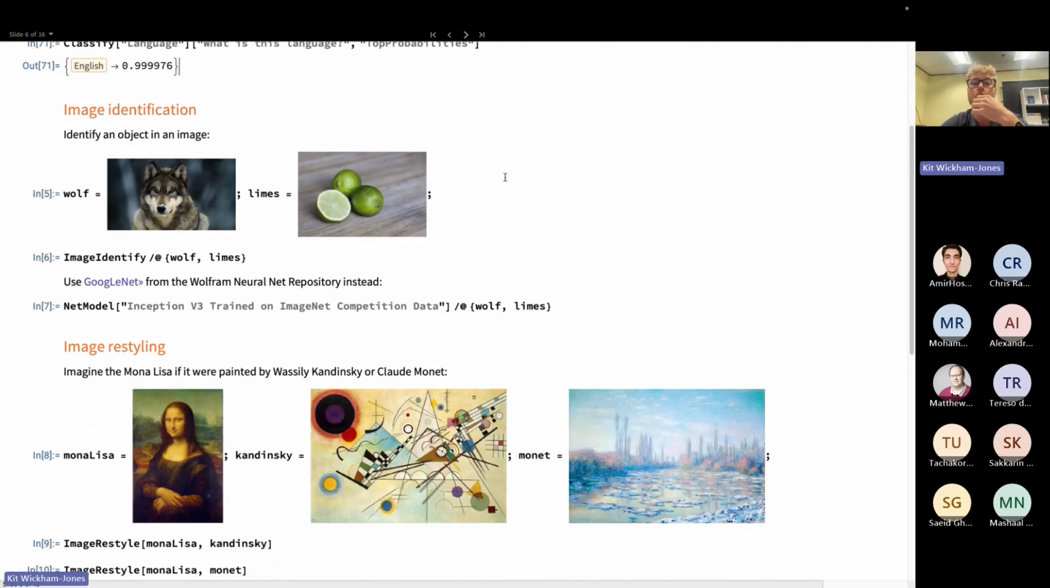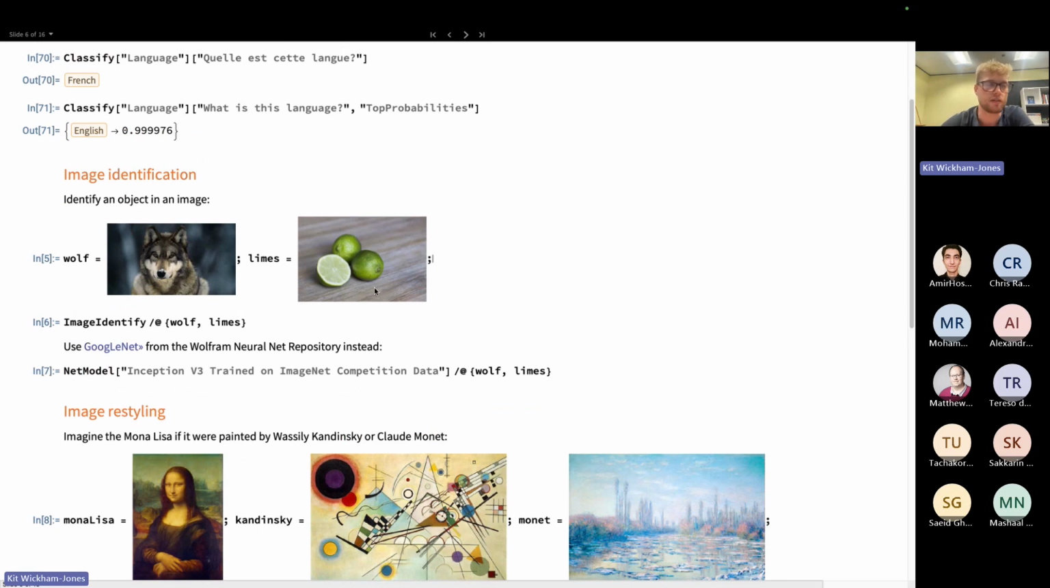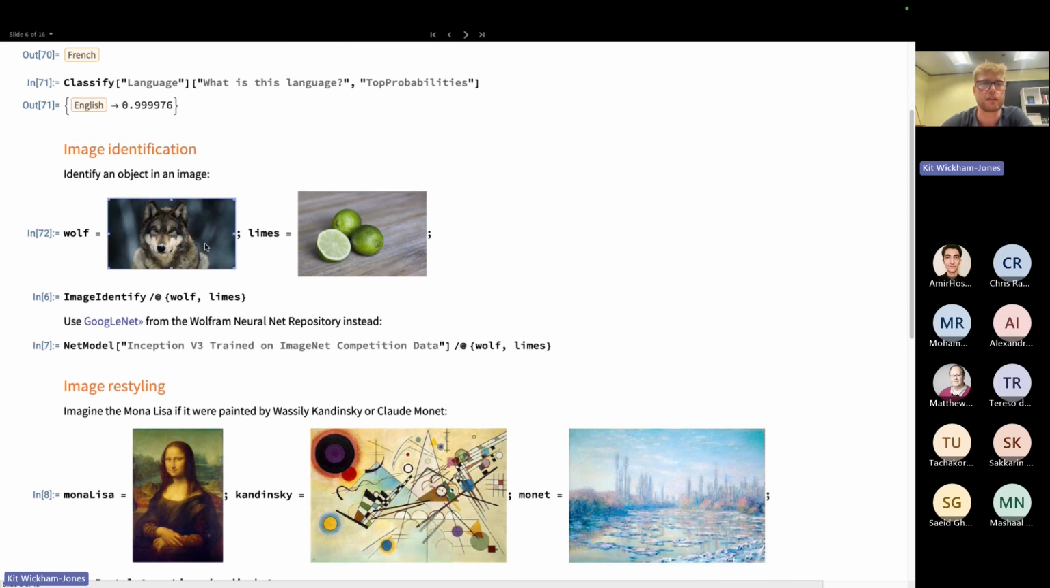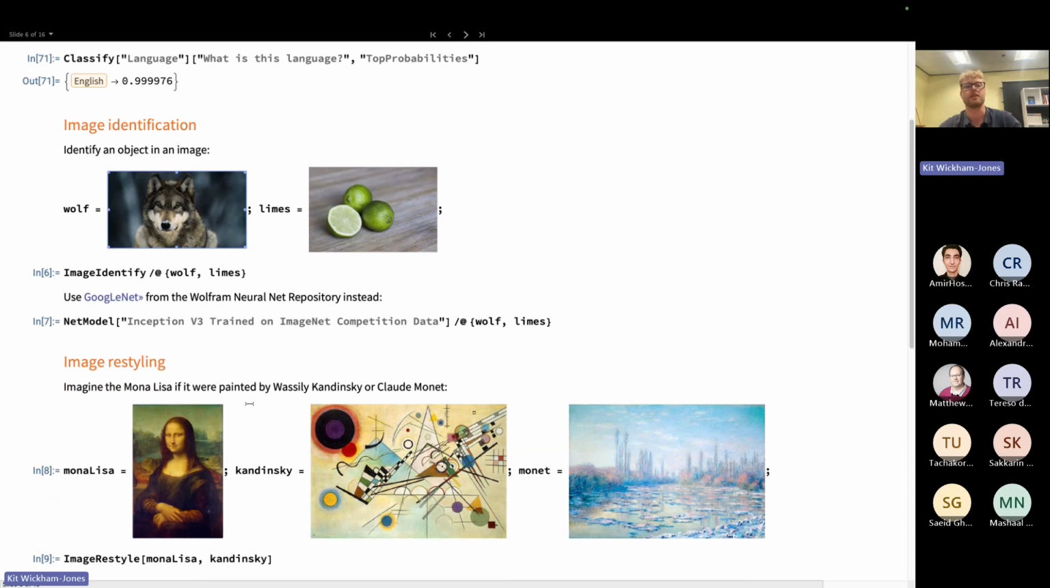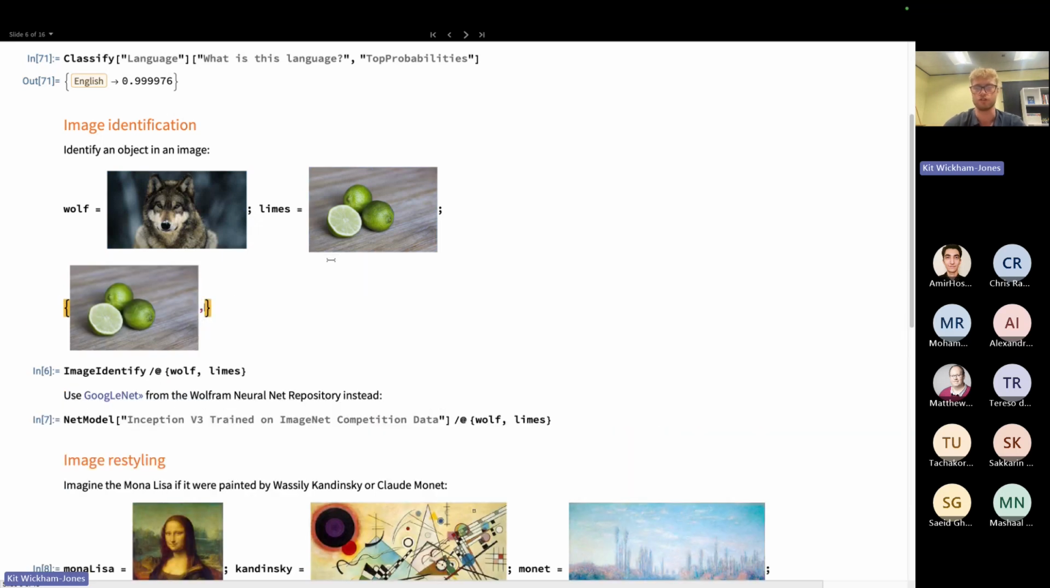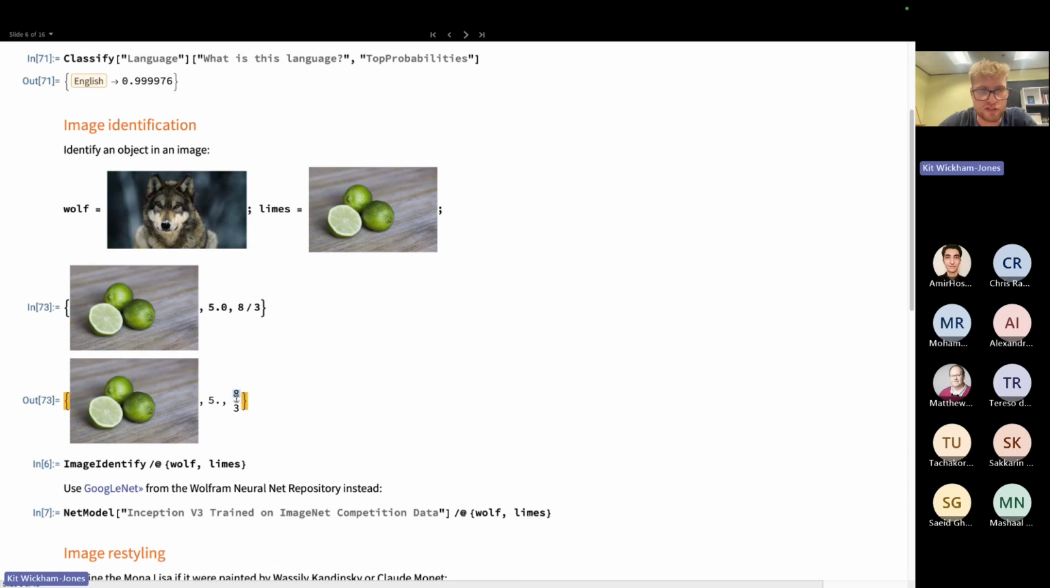Yeah. So another thing we want to do is some kind of image identification. Here we can assign to these symbols these individual images. That's a nice thing about the Wolfram language. You can go in and out of different data types very easily. It's a very tolerant language to what you want to do. If I wanted to, I could have a list of an image, a floating point number,